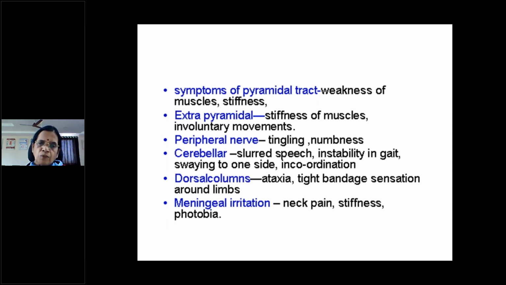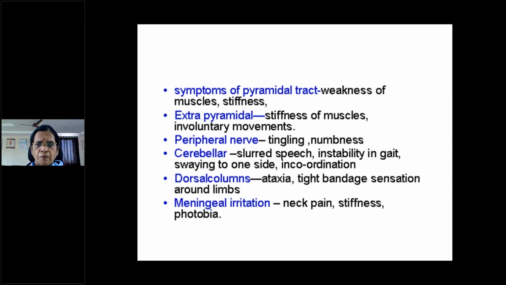And the dorsal columns. Usually the dorsal columns are involved in case of syphilis, or in nutritional causes like subacute combined degeneration, or in tumors. Where the dorsal or posterior columns are affected, usually there is instability in the gait, and they can have ataxia. So in case of cerebellar ataxia, the patient's